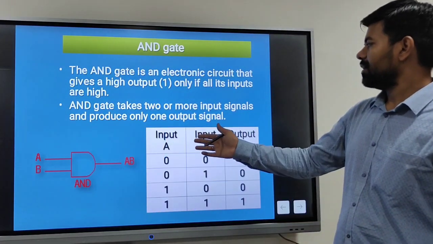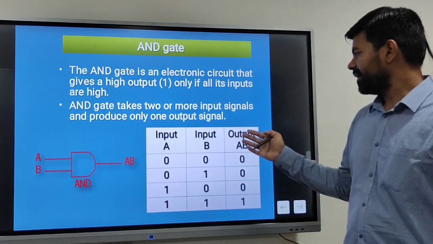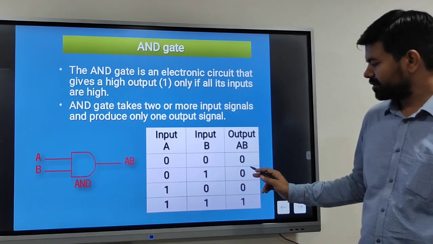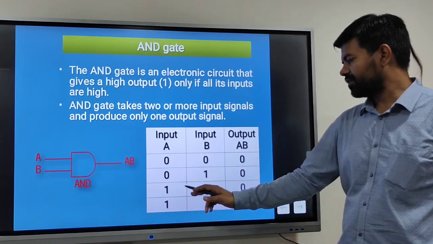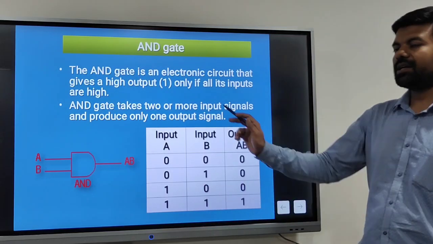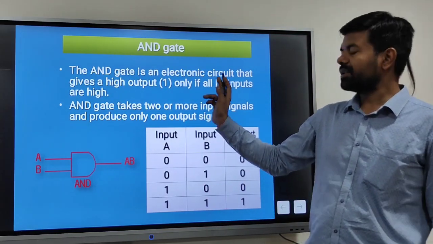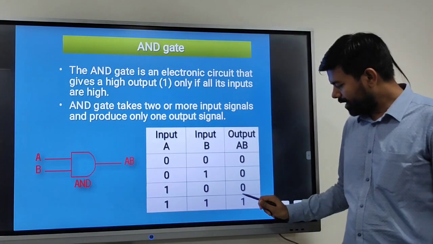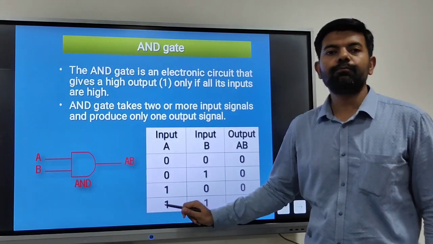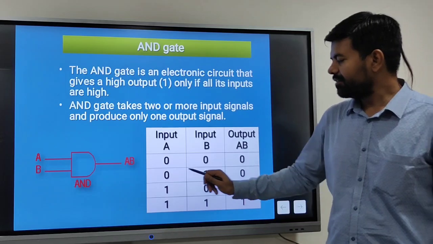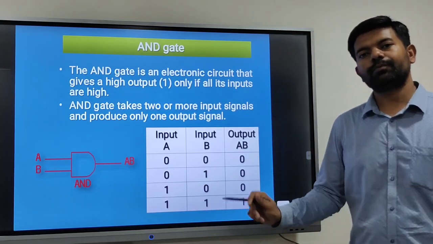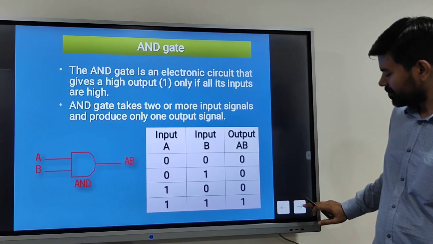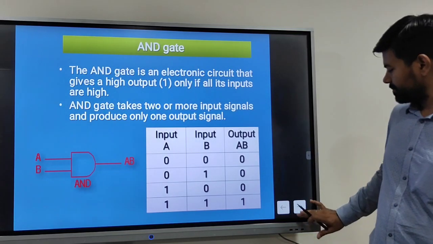This is the input A and B, and the output. This is the truth table, in which we will see 0 0 equals 0, 0 1 equals 0, 1 0 equals 0, 1 1 equals 1. As the definition already mentioned, it produces high output only when all the inputs are high. If any one of the inputs is low, it produces only low output. Now the next gate is the